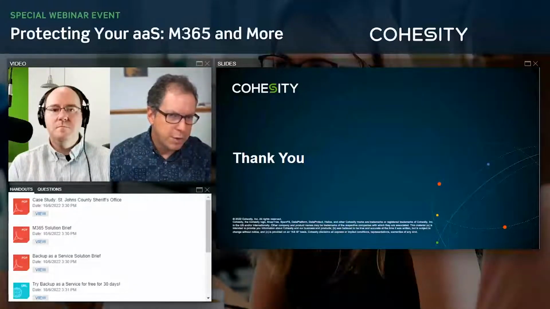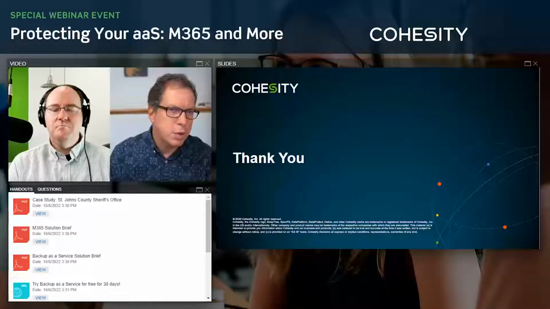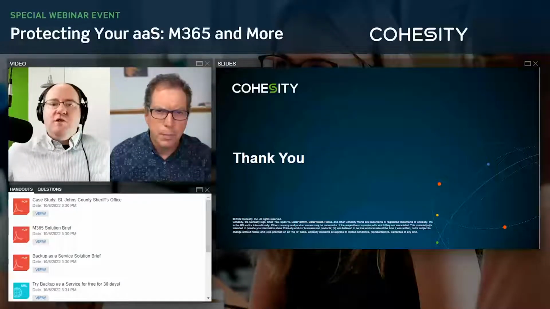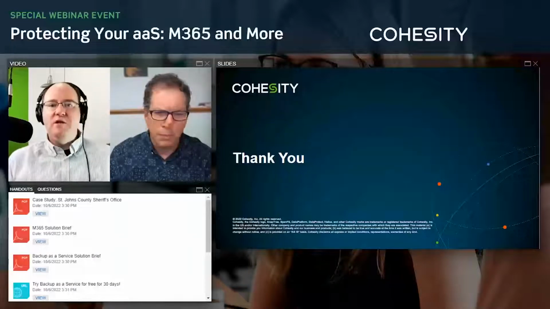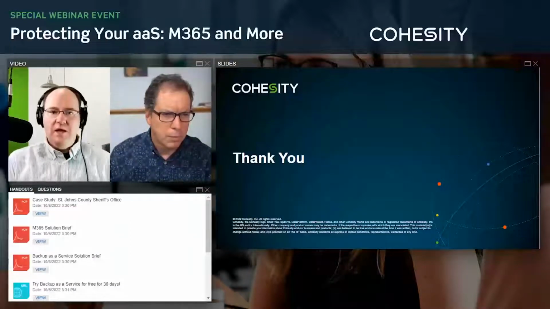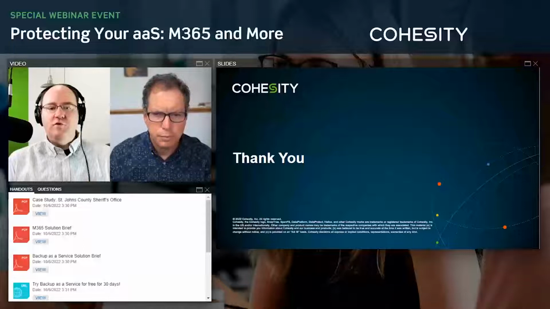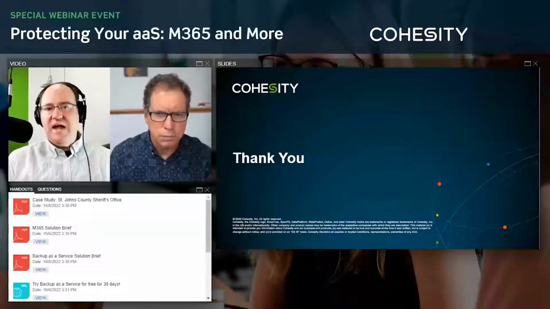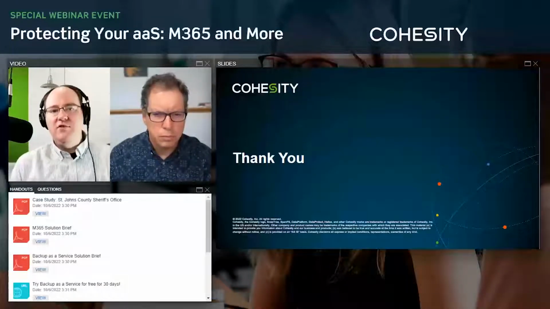We do have a few questions here. The first one, what global regions are supported by Cohesity for backup? So we're available in many different global regions. Obviously in the US, you'll see a lot of alignment with AWS regions. And so we've got plenty of US East, US West as availability zones. Canada has an availability zone that we utilize.